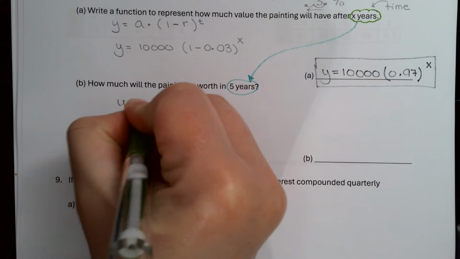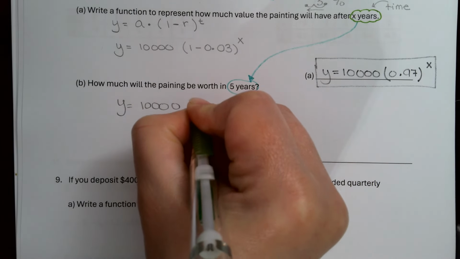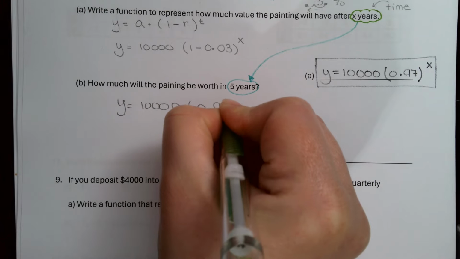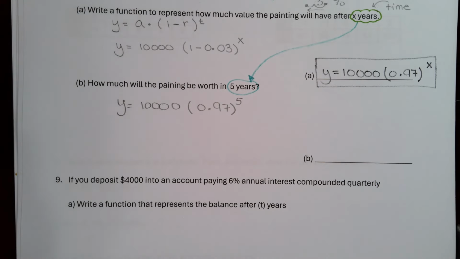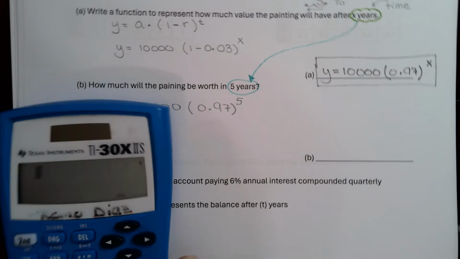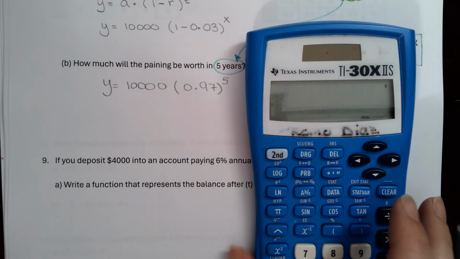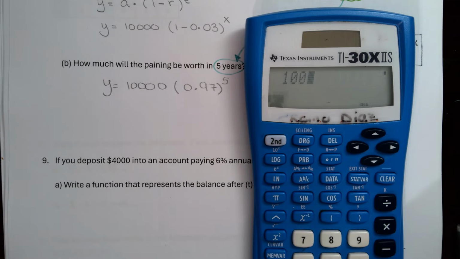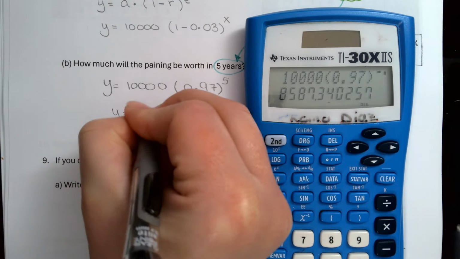Y is equal to 10,000 times (0.97) from our previous answer, and the quantity of years we are waiting is 5. To type this into the calculator, we have 1,0,0,0, open 0.97, close it, caret 5, enter. And we are looking at Y is equal to